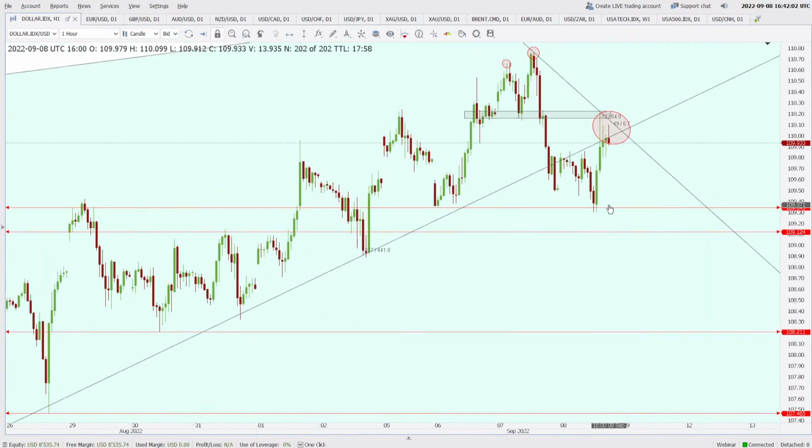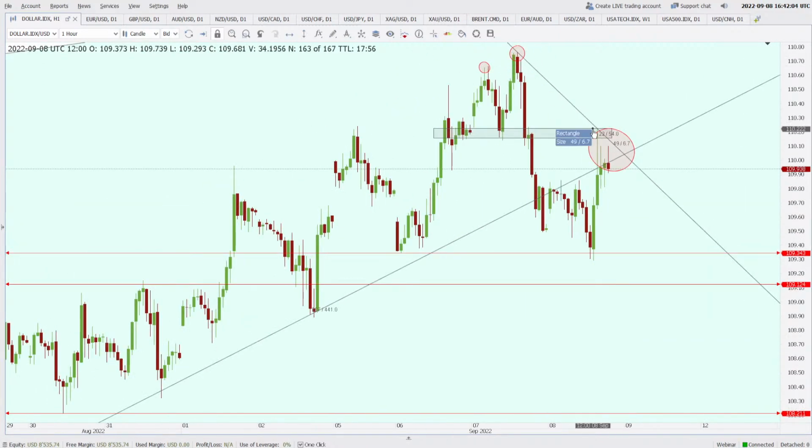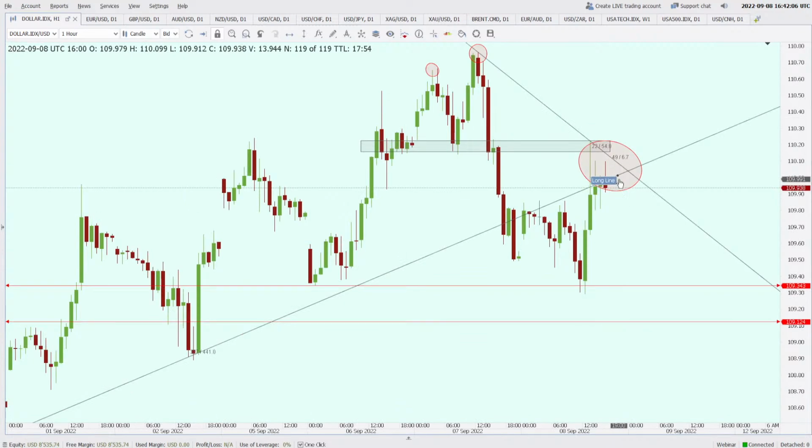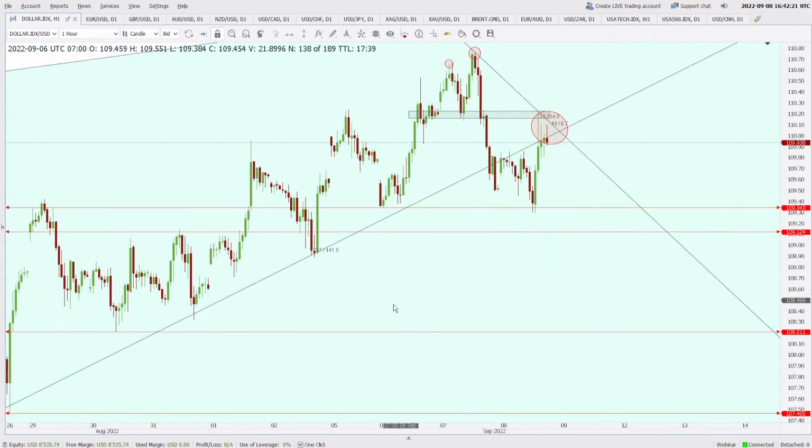If you just join these two highs here, then again there is a third resistance over here. So there's a lot of resistance here. That's why maybe the current candle is a red candle, and maybe the next candle will drop the price down to 109.34. I'm not making it up. It is just in front of us. This is the price action, and we have to consider it.